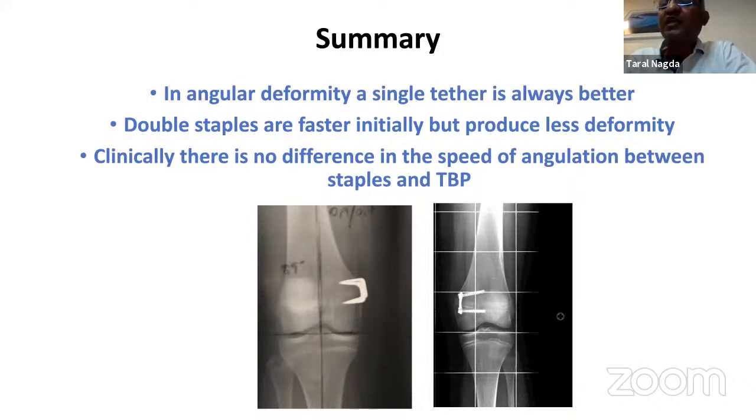So that is one question which is really troubling us, and we wanted to know from the experts here, what is the age at which you do this surgery? How early or how late? If you do it too early, there is a chance of rebound growth, and if you do it too late, the growth plate would be fused. So how do you decide when to operate? I'm just keeping this open for discussion if we have some time. Ignacio, would you like to take this question now, or shall we keep it for the last part of the questions? Well,